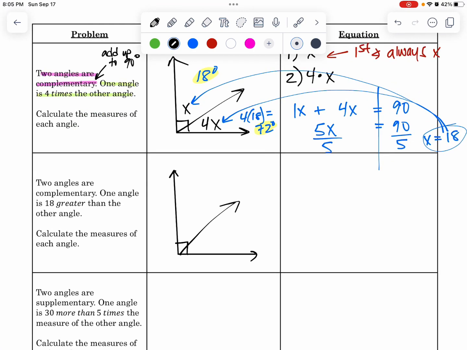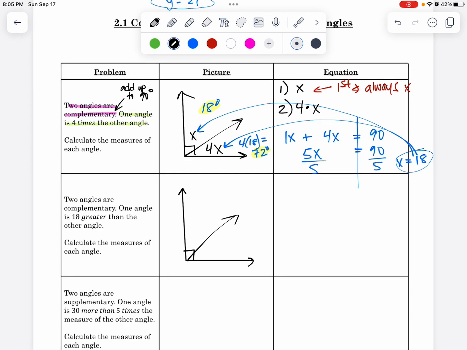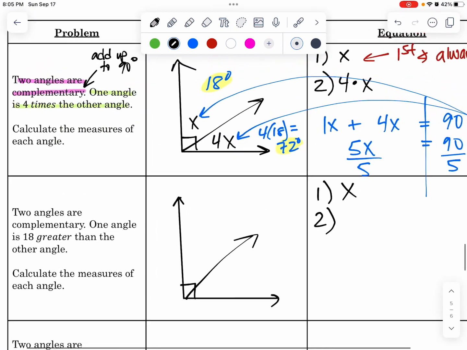and I'm going to shove one angle right here. So I have two angles. Here's one, and here's the other one. And I know that they add up to 90 because it says complementary. Now, what do I write for my two angles? I have 1 and I have 2. The first one is always x. Okay, I wrote that up here. The first angle is always x. I'm going to put that here